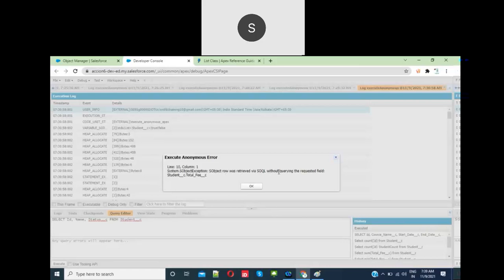I'm explaining, please wait. I have written the query like that only to explain this exception. Okay, understood. The subject row was retrieved by SQL without querying the requested field. What is it? Total fee means